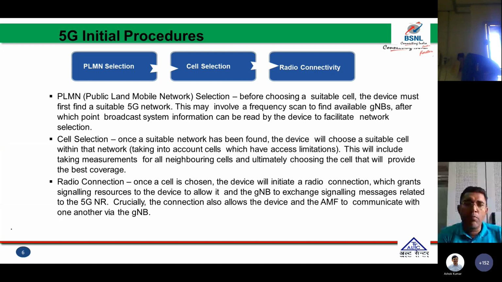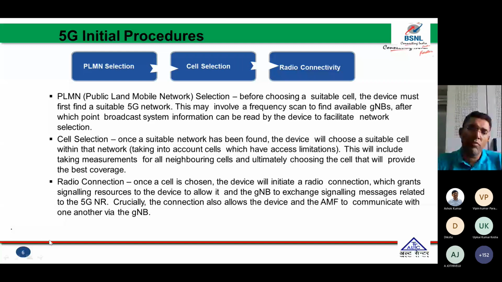This slide shows the initial procedures, how the PLMN selection and cell selection are done. That's the basic of how PLMN selection is done by the UE. Actually, in the broadcast message, a PLMN list is already there. A preferred list is there. There may be one PLMN, or there may be more than one PLMN subscribed by the UE. So before choosing a suitable cell, the device must first find the PLMN. Then cell selection. Cell selection means in which system information block